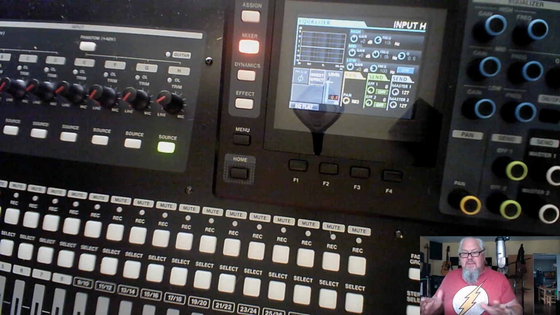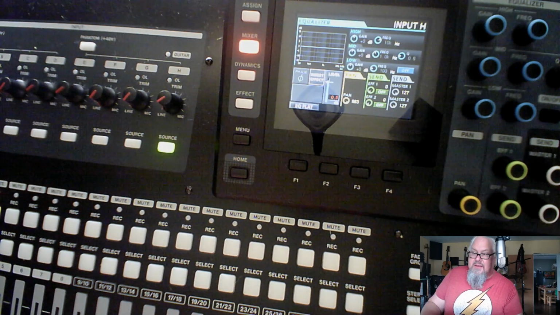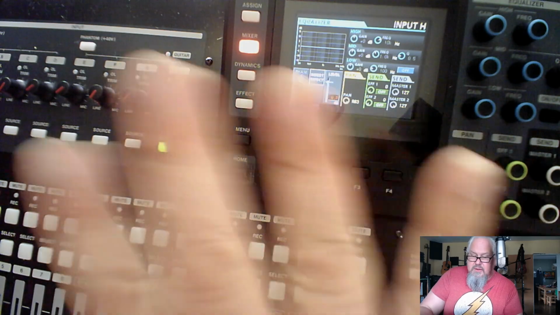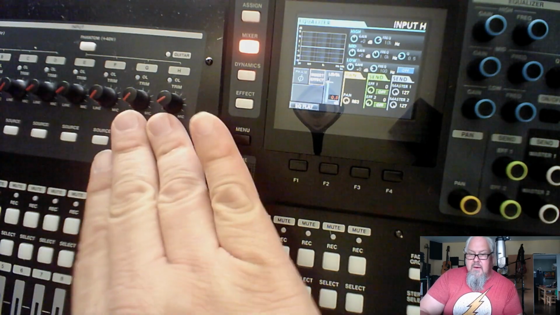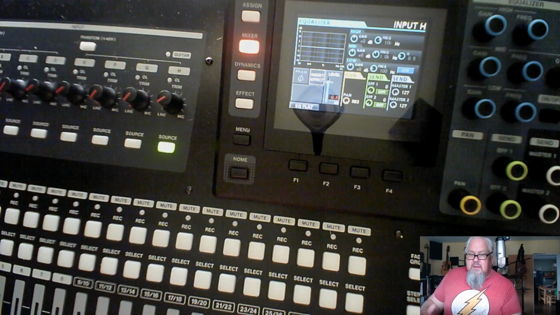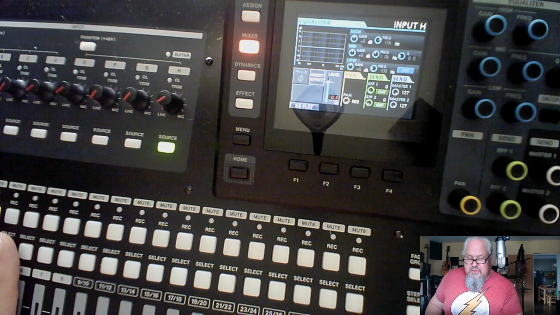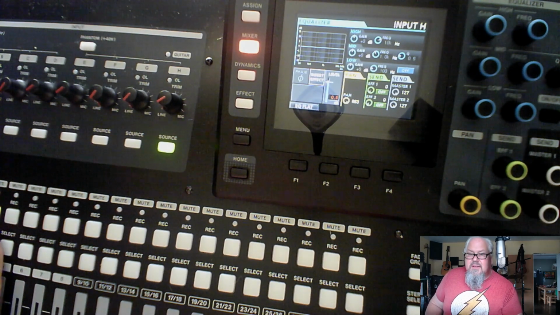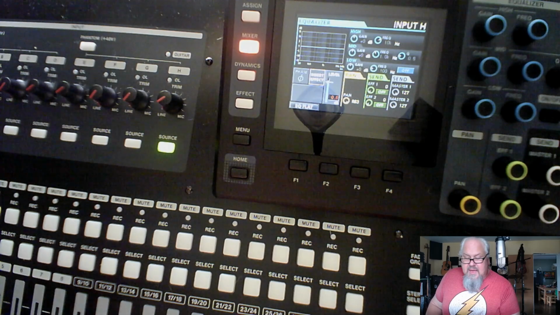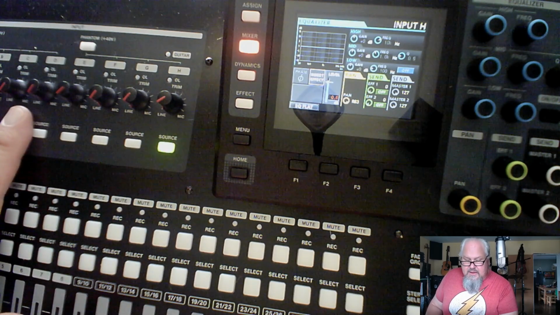Now that is dynamic effects. Dynamic effects are only used on the inputs. So you can't use them on the tracks. The tracks are different. You can only use them on the inputs. And even if you do something like, because as you know, if you assign the